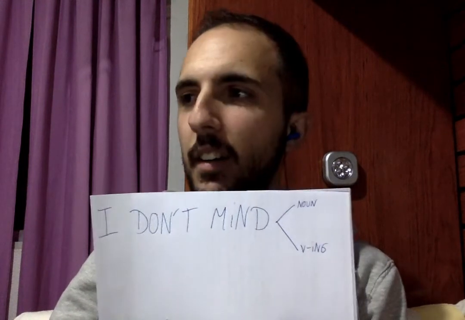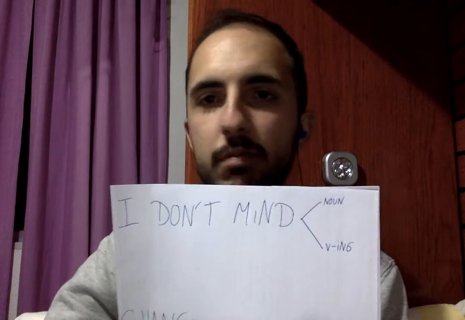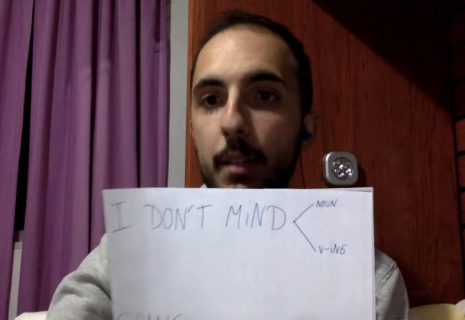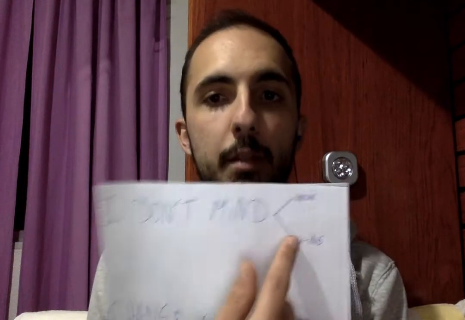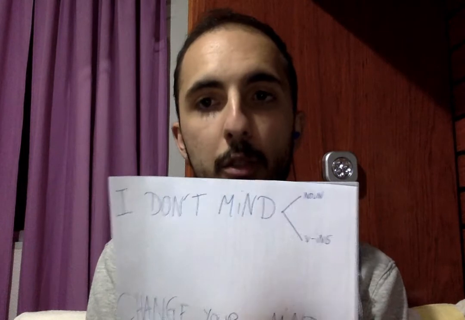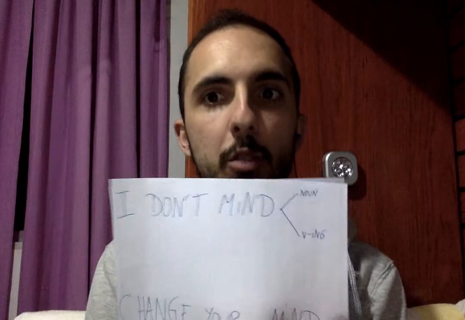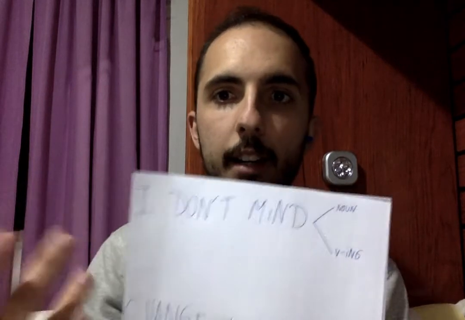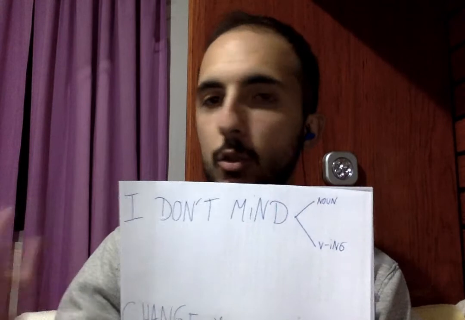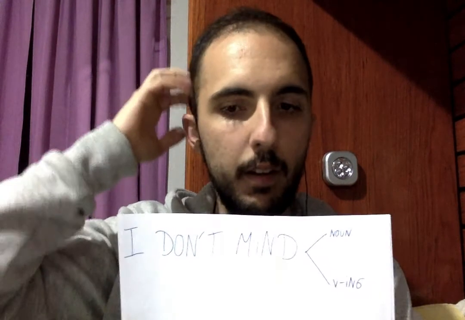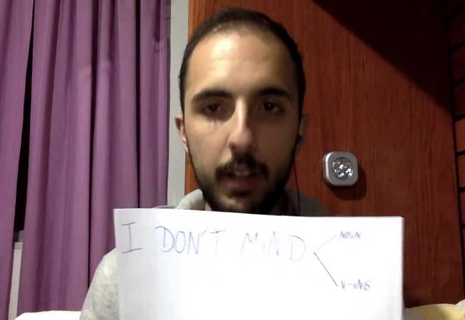It's like, do you like football? Poof, I don't mind it. Okay, I don't mind football. I don't mind playing football. So you can have both possibilities. You can have a noun, or you can have the verb, obviously with ing, because you have the verb here, mind, which is like the likes and dislikes verbs. You know that, right? Like, I like playing basketball. Do you love, like, love, enjoy, prefer, hate, all these verbs that express likes and dislikes, they are followed by a verb in the ing form. Okay, so